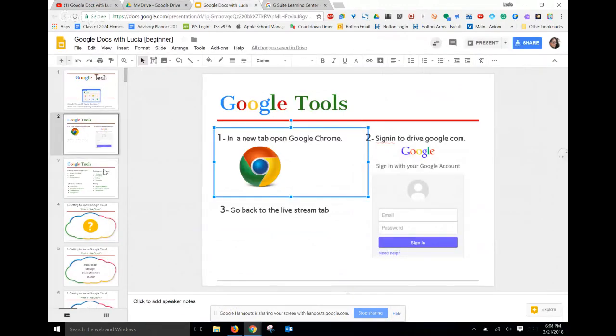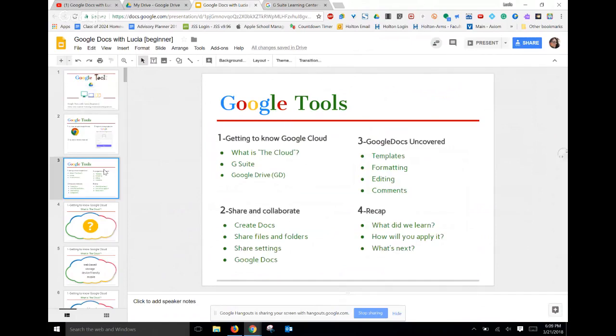Here's a little preview of what we plan to do within our hour. First things first is we're going to dive into the Google Cloud, because all of Google's tools are on a cloud platform. If you've heard of the word cloud and heard people talking about it, but you're not really sure what it really means, then it's important that you understand that before you understand how to use Google Docs. So we're going to dive into that. Then I'm going to share with you how to share and